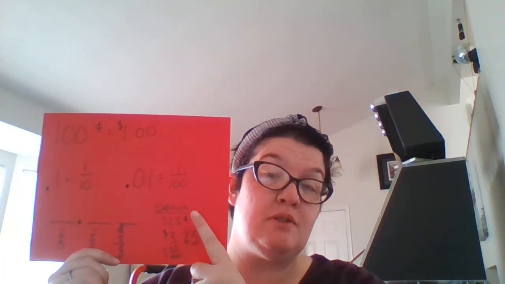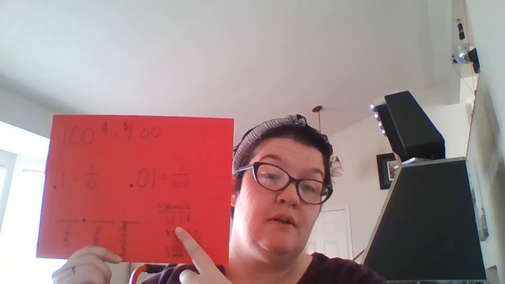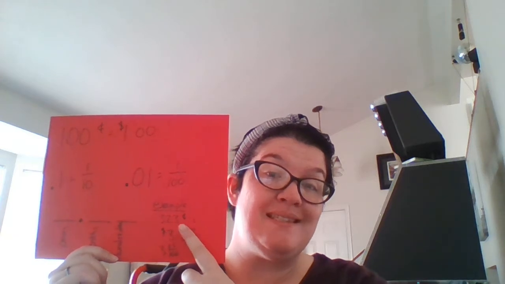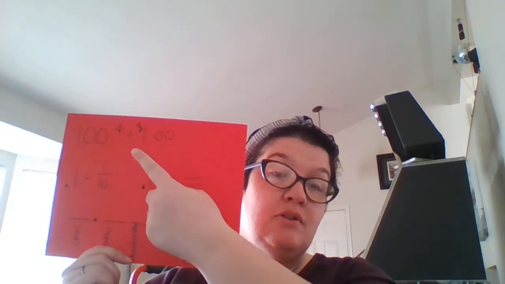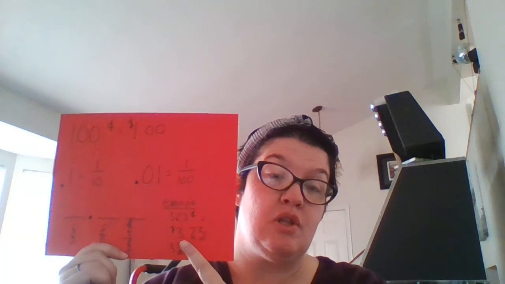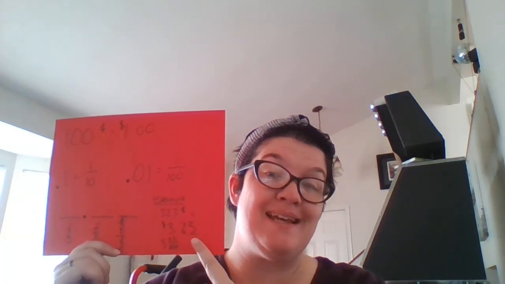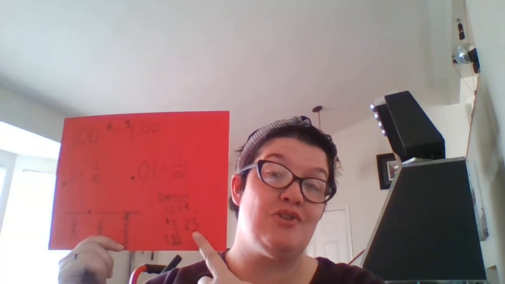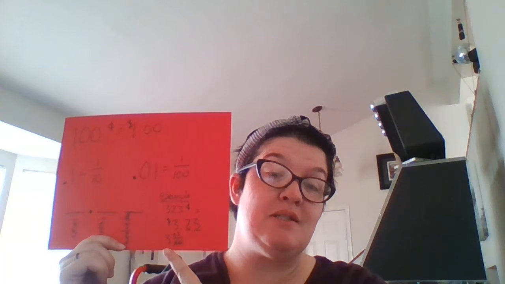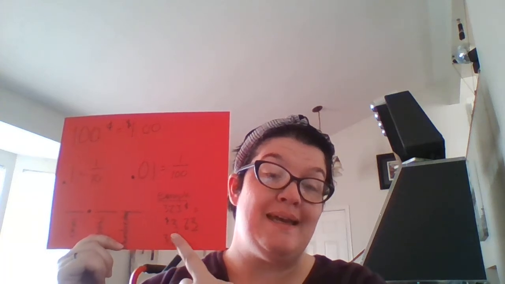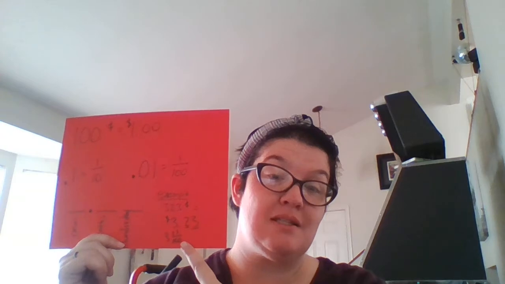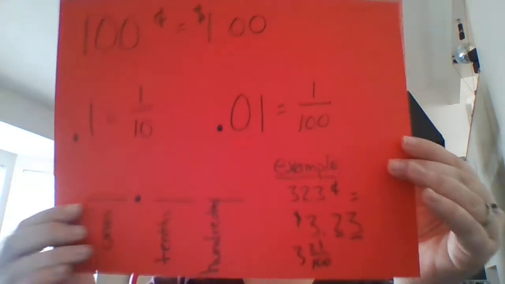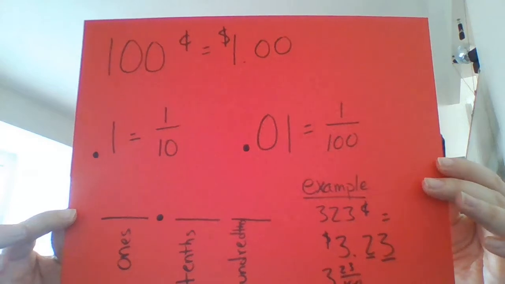Here is an example, one of the problems you will have in your work this week. It deals with 323 cents. If 100 cents equals $1, that would give you $3 with 23 cents left. Notice the 23 ends in the hundredth spot. So this is the same as saying 3 wholes and 23 hundredths. This will be very helpful for your first couple of days of math this week. After that, you are going to work on